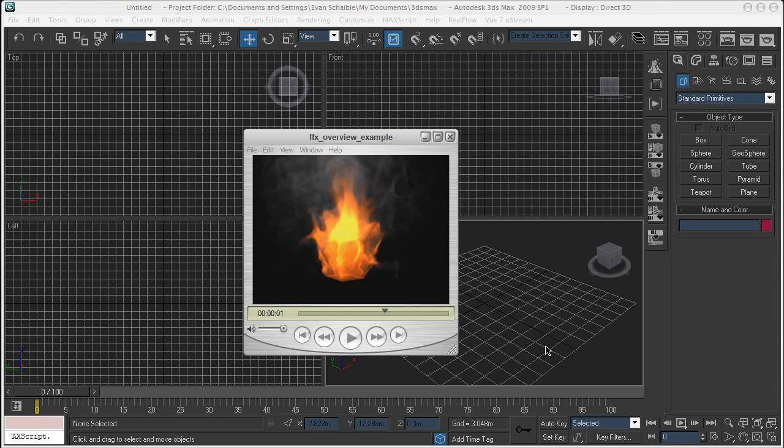Just simple flames. You can do so much with this plugin, and a lot of which doesn't even have to do with fire. I think I used this plugin once to make a pill dissolve in water. So just a lot you can do. It's a pretty scalable plugin, and so you can see other training that I've produced for FumeFX at my website